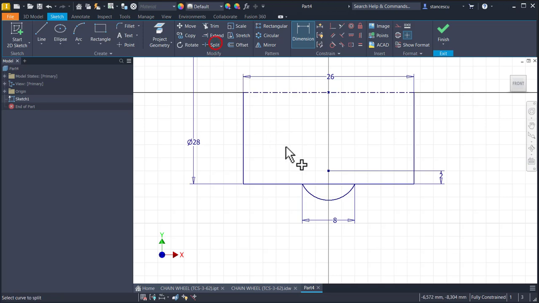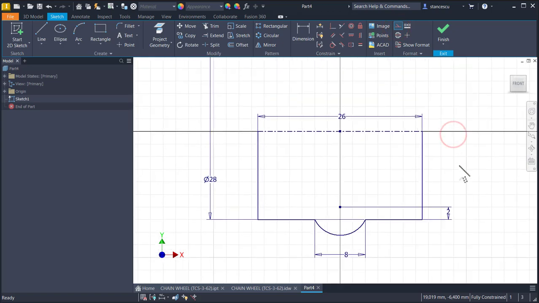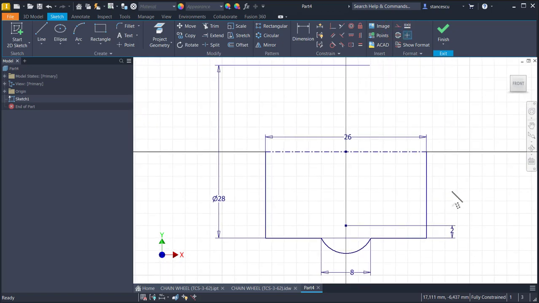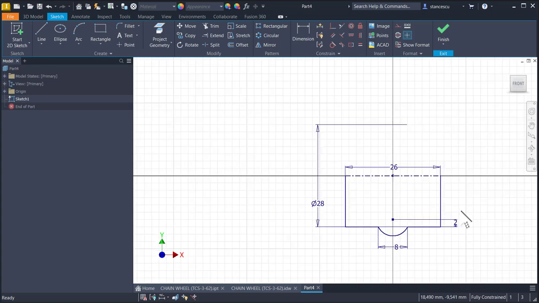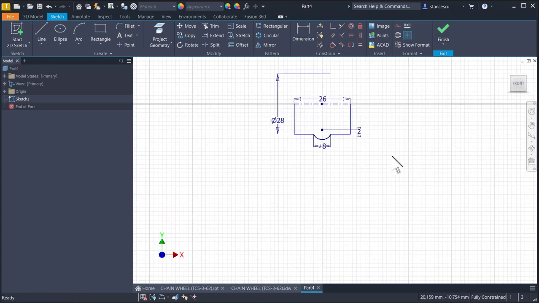We apply split because this mid line is construction line. We have a fully constrained sketch. Yes, we have, but this is not all, because we draw other lines. This one,